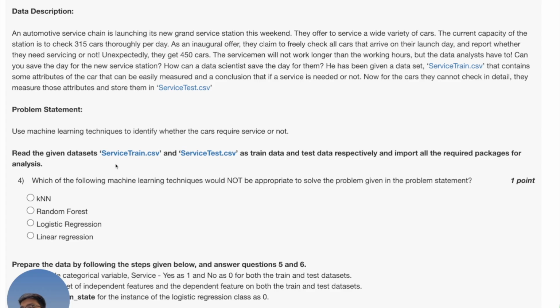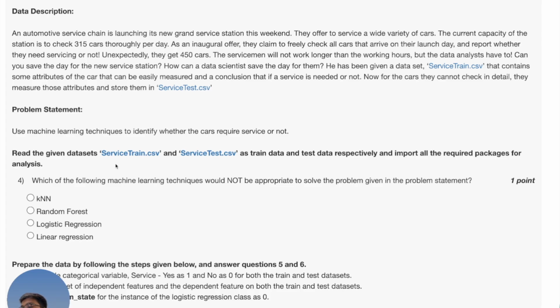Yes, needs a service. No, doesn't need service. This is categorical data, specifically binary classification, because there are only two possible outcomes. I just told you in a previous question that binary classification considers only two categories: yes, no. It's not compulsory that it will consider only yes and no. It may consider anything else, like male, female, spam, not spam, and more. But I'm just giving an example that it will consider only two possibilities, right? Now,